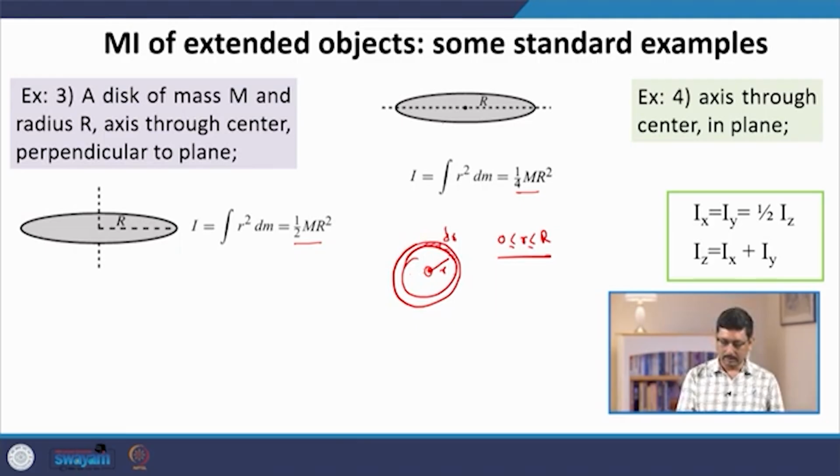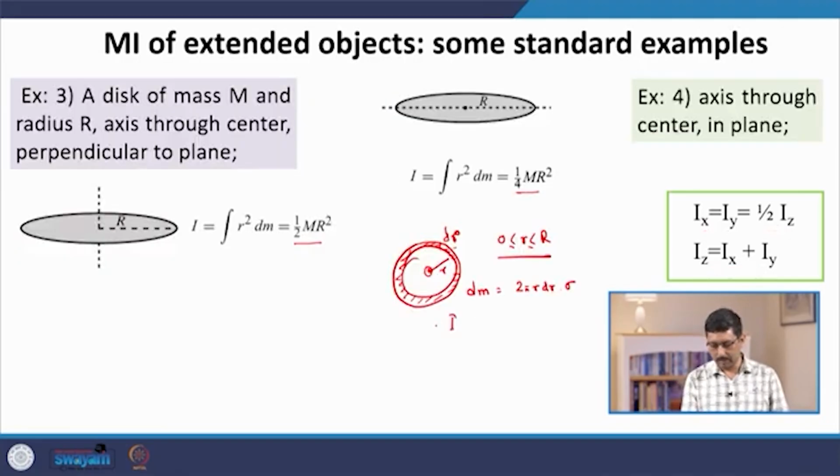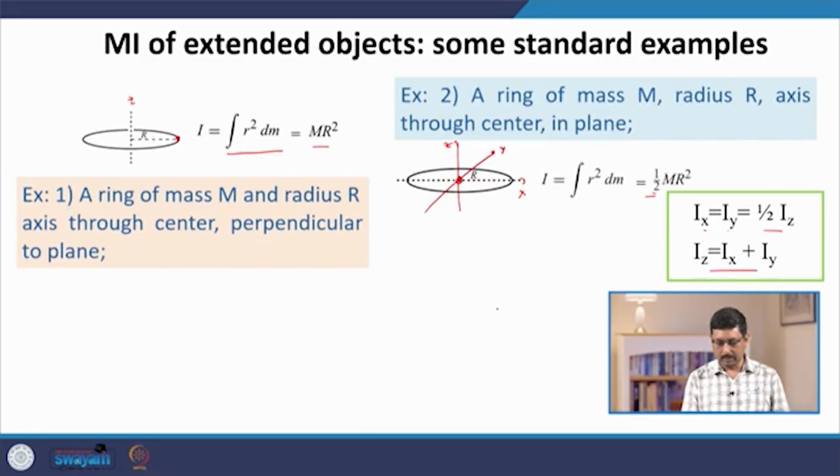So, this is our ring shaped mass distribution. For this, because the thickness is small, the mass is small. This is going to give the area, which is 2 pi r dr, times the density, which is let us say sigma. So, this is the mass, and we have already derived this result that this is going to give you m r square. So, the moment of inertia about the z axis due to this particular mass distribution is going to be